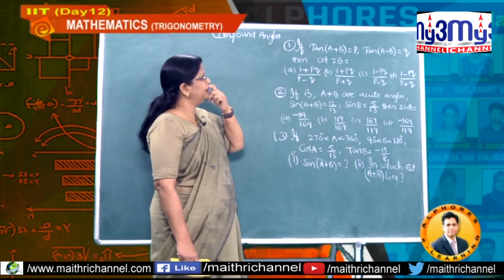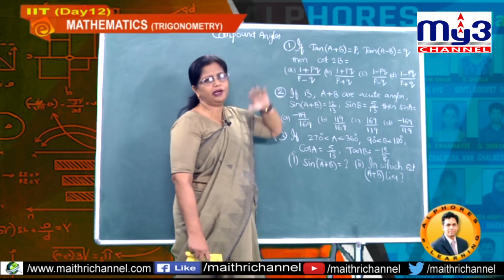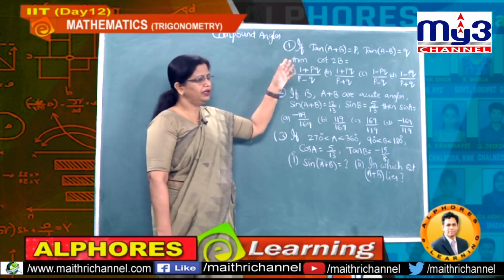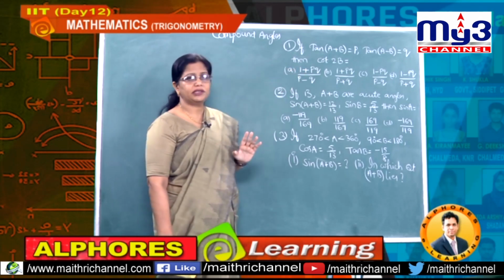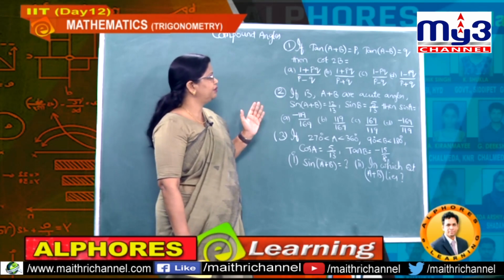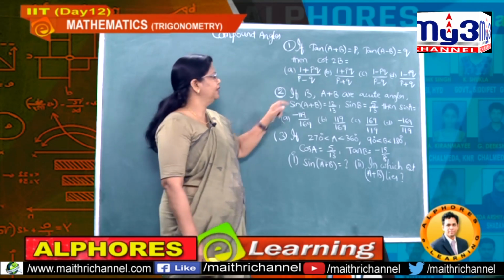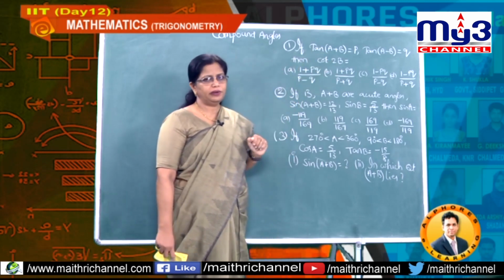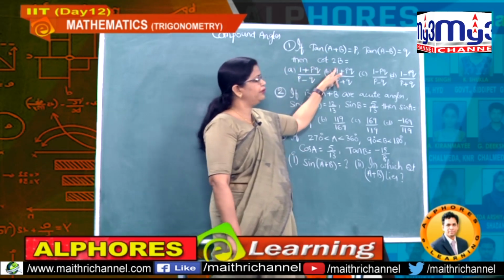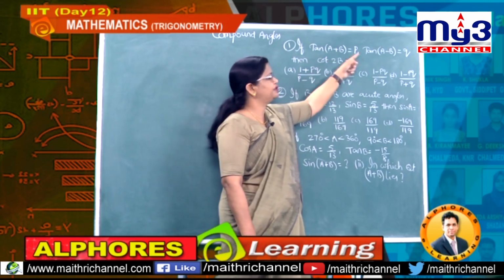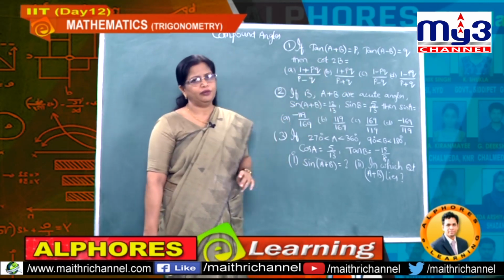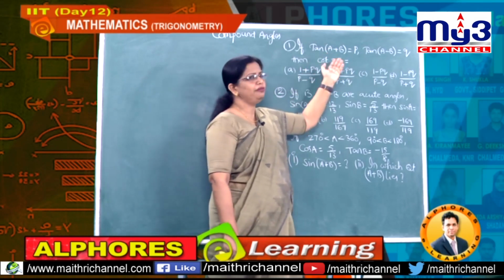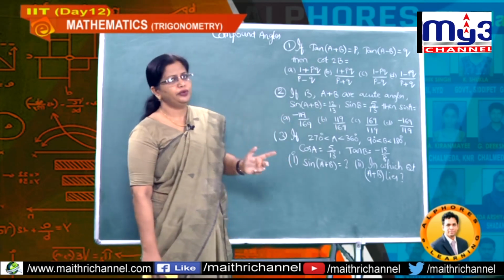But you can't find it directly. If I expand tan A plus tan B by 1 minus tan A tan B, after simplification it takes a lot of time, understand? So we are not going to expand completely. Observe 2B in terms of the compound angles itself. If I add these 2 values, A plus B and A minus B, you get 2A. But if I subtract, A plus B minus (A minus B), it is 2B.